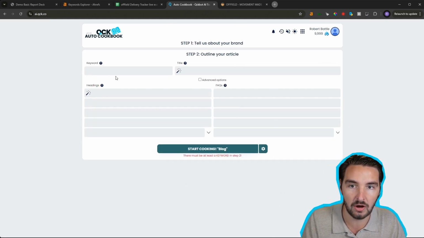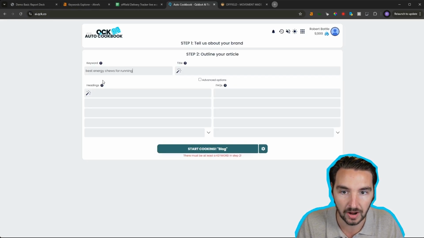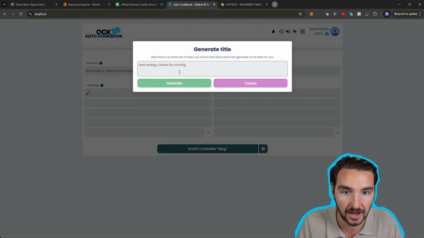Now let's outline it. So this is the fun part. So now, again, our keyword that we're going to go with is going to be best energy chews for running. We're going to drop that in here. And now we're going to create a title. You hit the magic wand. It's going to pull it in here, and we're going to generate